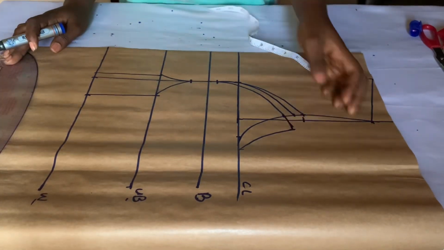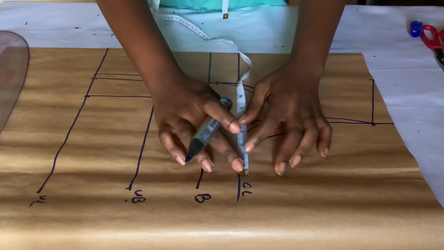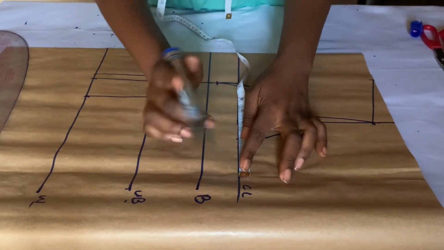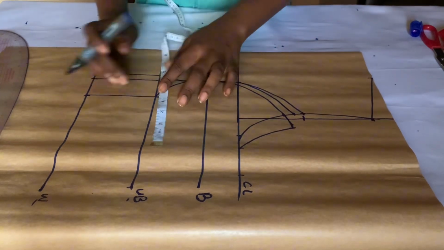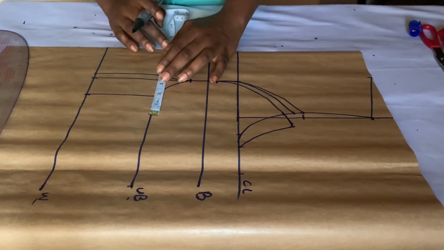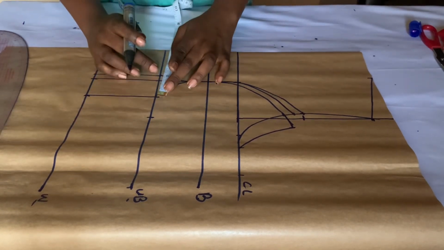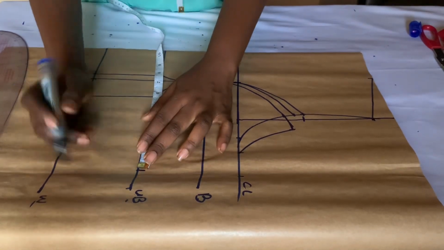So that is the new armhole area. So now we're going to input all our body measurements and allowances. I'm just going to add allowance to the chest line since the bust measurement is there already. On the under bust, I'm going to mark the under bust measurement divided by 4 like so, and then I'll measure what we have at that middle point, that's 2 inches. I added it, and then I added